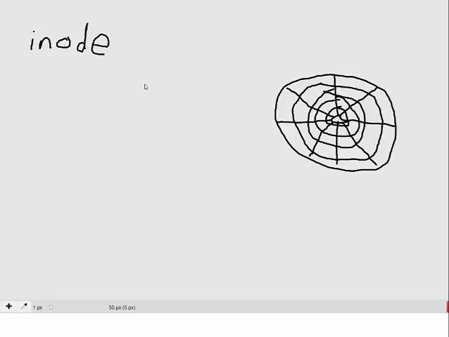An inode table is really a listing of inodes to where they live on the disk. So you're probably saying, what's an inode, right? An inode is not the data on the disk. An inode is really a piece of metadata that describes everything about, let's say, that file